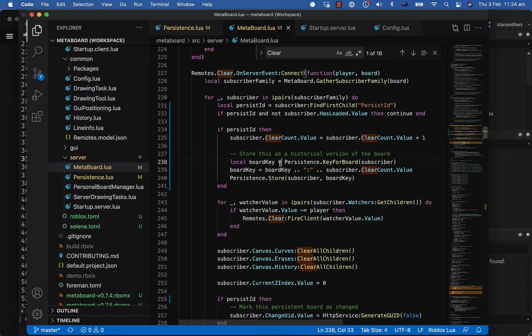So it gets the key for the board, appends the clear count, which is preserved across server restarts, and then stores. If I was just to get rid of this line, this would be what usually happens, right? This is the auto-saving of a persistent board, but you just happen to be doing that on clear instead of every 30 seconds, and it's saving it to this other key. Okay. So that's getting saved, and then